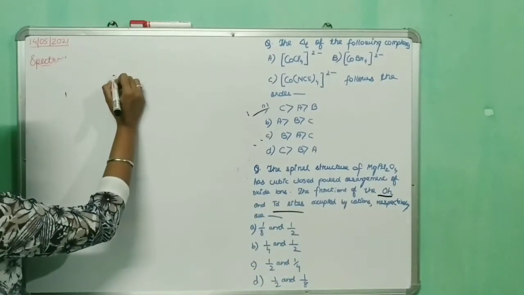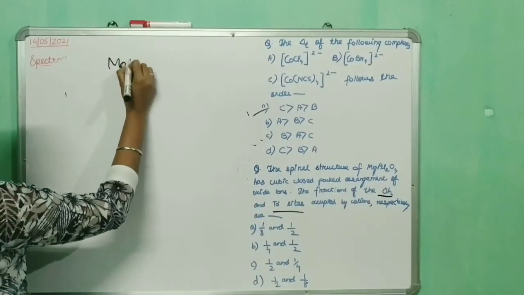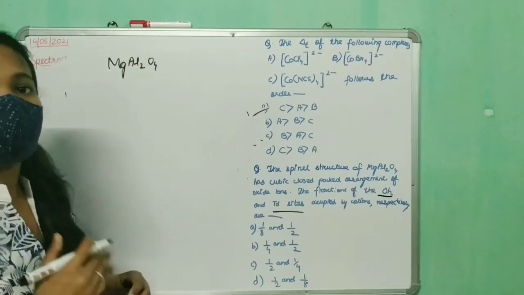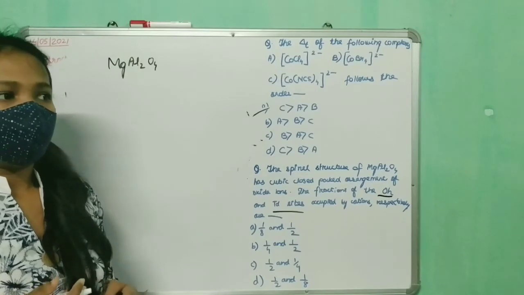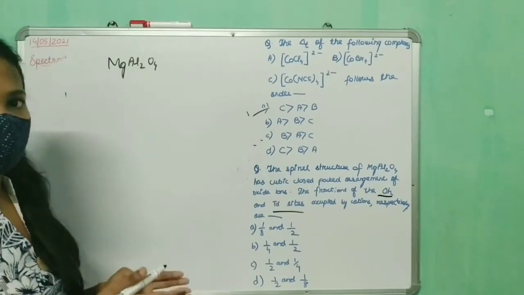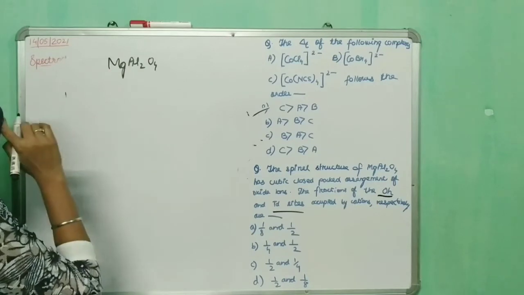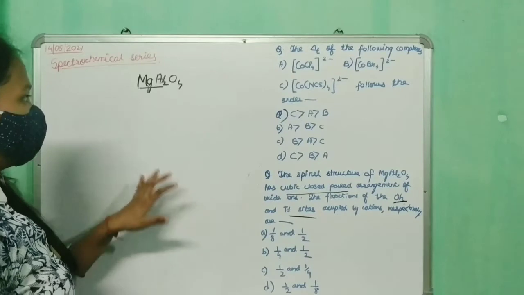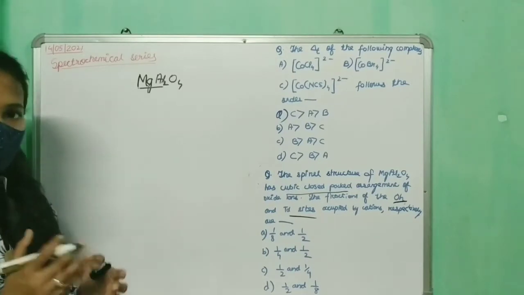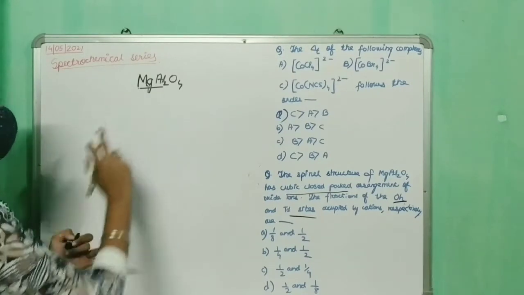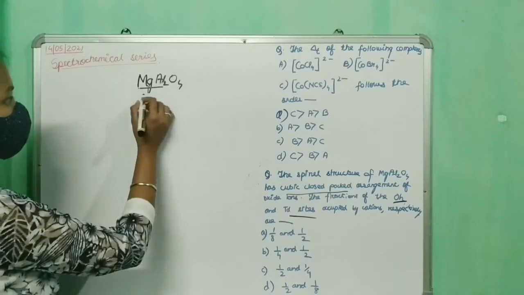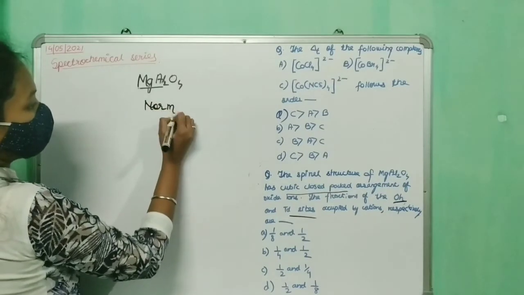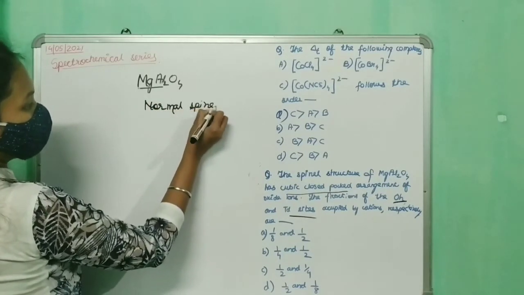Now we know that if we have both the metal ions, divalent and trivalent, from the main block elements, then it will always be a normal spinel. Whenever both the divalent and the trivalent cation are from the main block, it has to be a normal spinel. Therefore, since here there is magnesium and aluminium, both from the main block, it is a normal spinel. And we all know the condition for normal spinel, right?